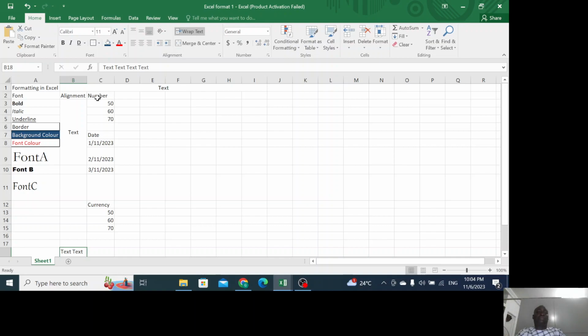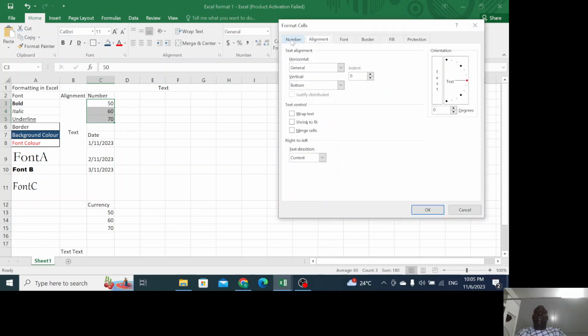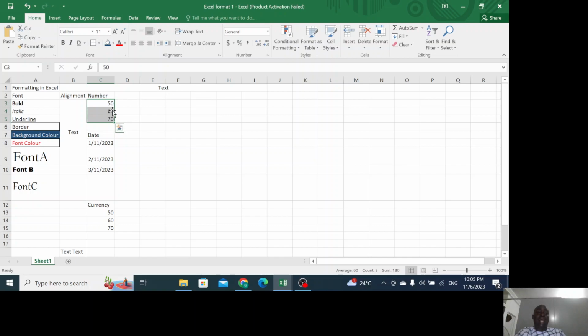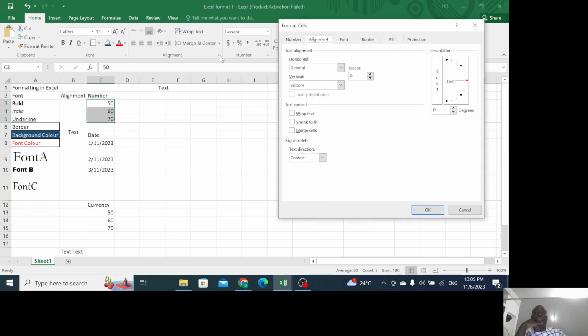Now, talking about formatting again, let's talk about numbers. What can you do with numbers? How do you want to arrange your numbers? You can select all your numbers and say, okay, I want to actually know whether I am on the number tab, because when we come to the number tab, now let me come back again. I've highlighted all my numbers. I can either click this particular arrow at this angle